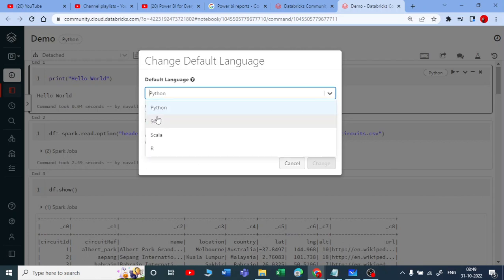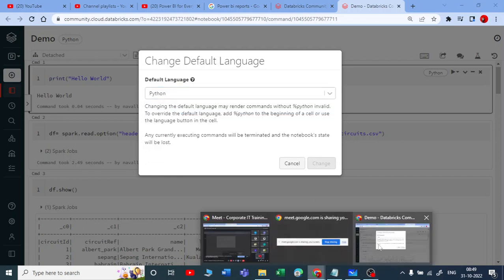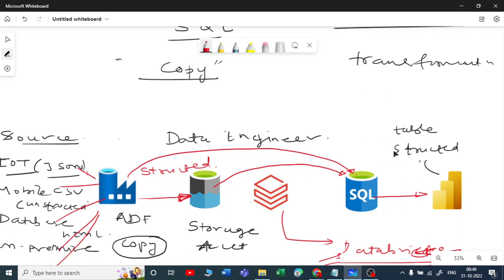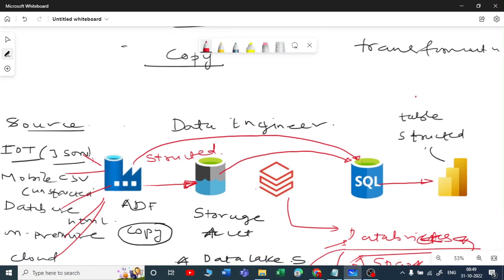It is offering 4 different languages: Python, SQL, Scala, and R. So when it comes to programming languages, for any data field,